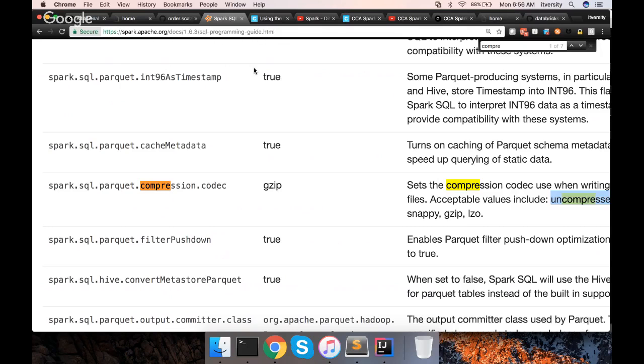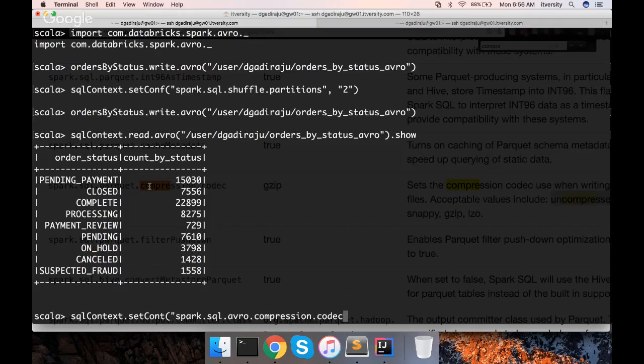If it is Parquet, you have to say parquet.compression.codec. And there are no compression codecs for JSON, etc. So you need to understand the difference. These compression codecs are available for Avro, Parquet, and ORC. These three are the ones. You can give a try on all three and make sure that the data is compressed the way you want. So in this case, I want to compress in snappy format.